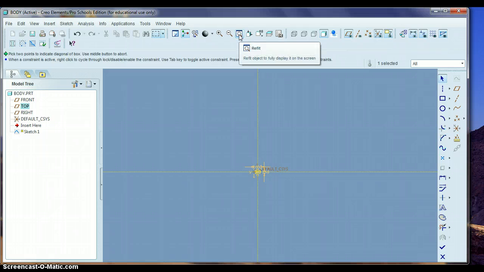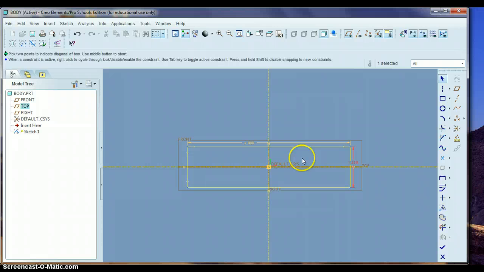and then this is really small, and to zoom in we hit this refit button, and it brings everything up nice and front and center. And so this number here was 5. This number here was 1.25. If you have any questions on that, let me know. So once we have that done, I'm going to click on the blue check mark,